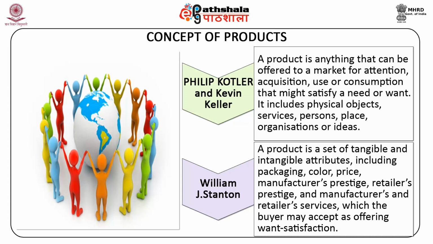In addition to the physical good itself, other elements include packaging, branding, labeling, manufacturer's prestige, wholesalers' and retailers' prestige, guarantee, warranty, installation, after-sale services, etc., which add tremendous value to the product. For example, a customer buying a car buys it for the prestige value, aesthetic value, comfort, features, guarantee, warranty, and after-sale service network.